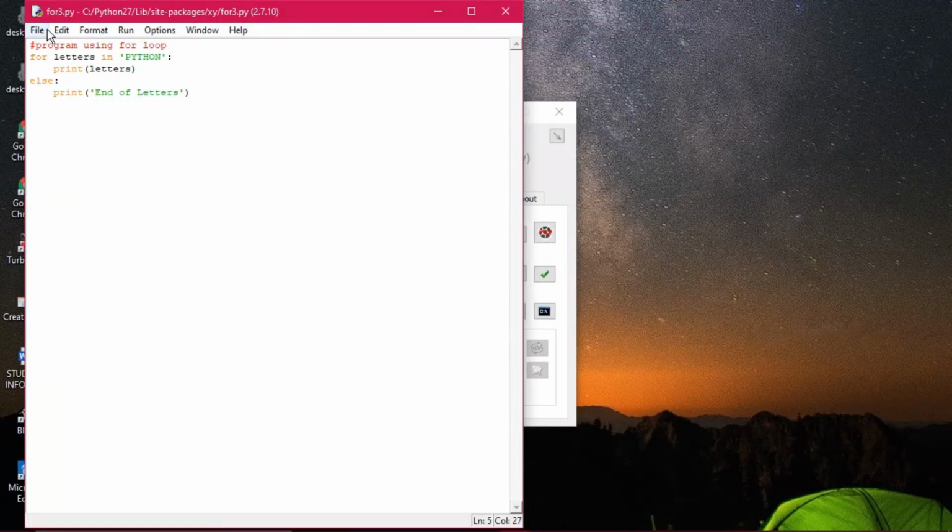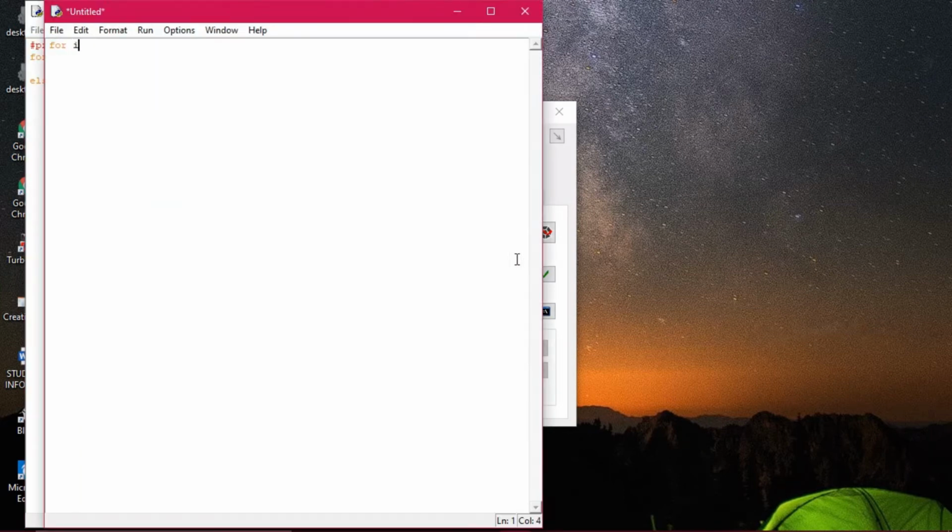The similar program we can do. Suppose I write for i in 1, 2, 3. Then print, I am writing here TIGPS, and then a comma, and i.